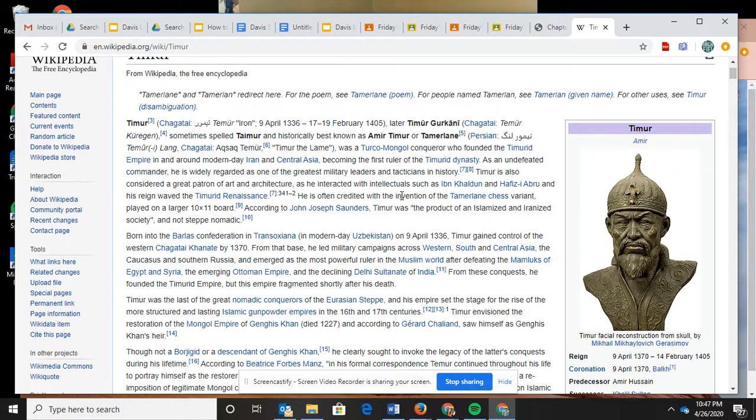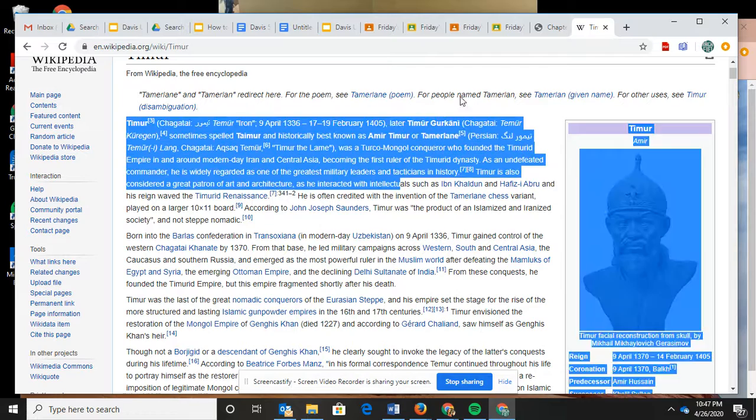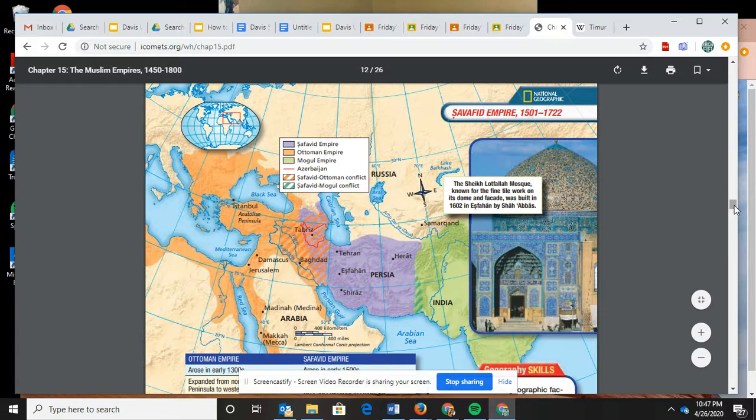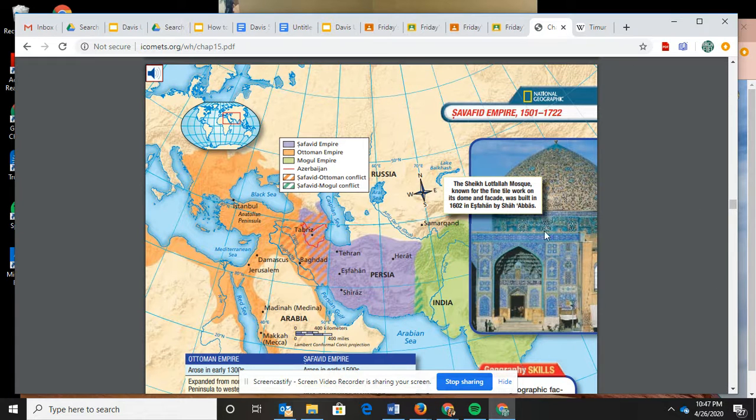He was an undefeated military ruler. Like they say, he never lost any battles. At the time of his death, he was trying to bring the whole Mongol Empire back, but it does not happen. He doesn't get the Mongols united, doesn't get all conquered areas together. But this huge territory that he conquered is today sometimes referred to as Persia. It is where Iraq and Iran are today, in this Persian plateau.